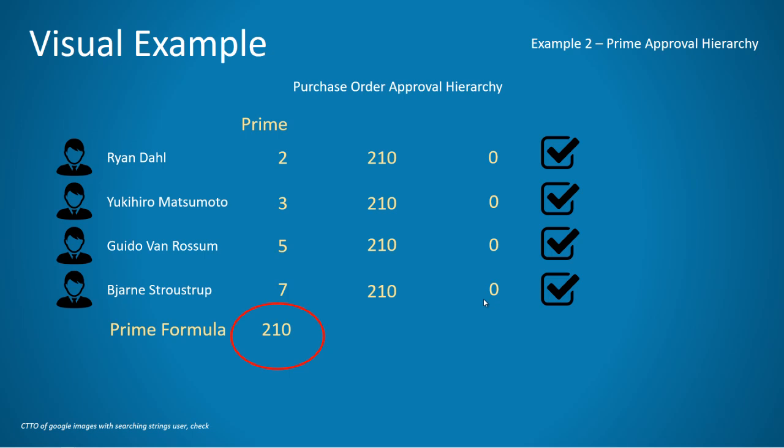We have to get the modulus result based on the prime formula with its corresponding prime. Okay. Then if the result is 0, then he is probably an approver for this particular entry. Okay, then